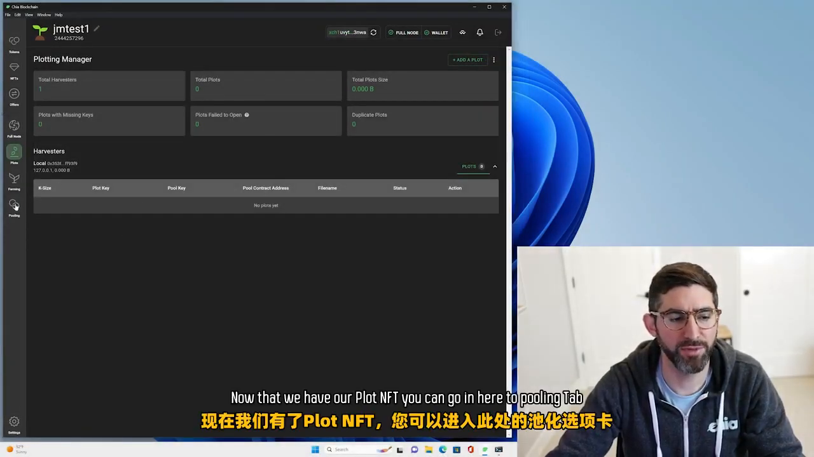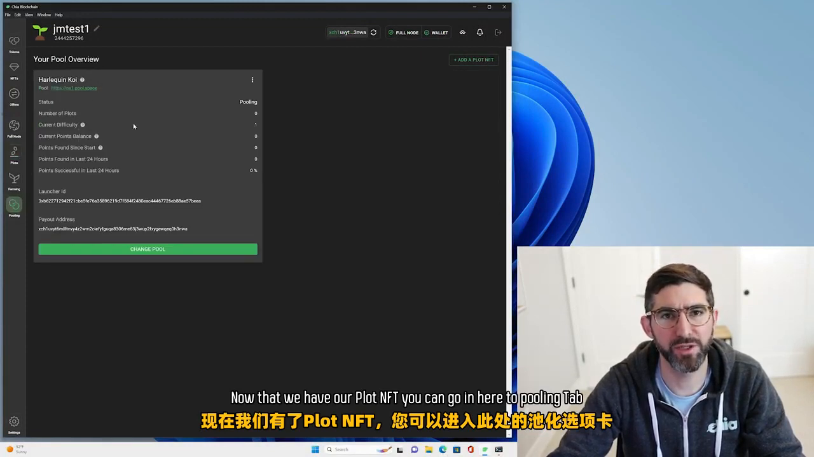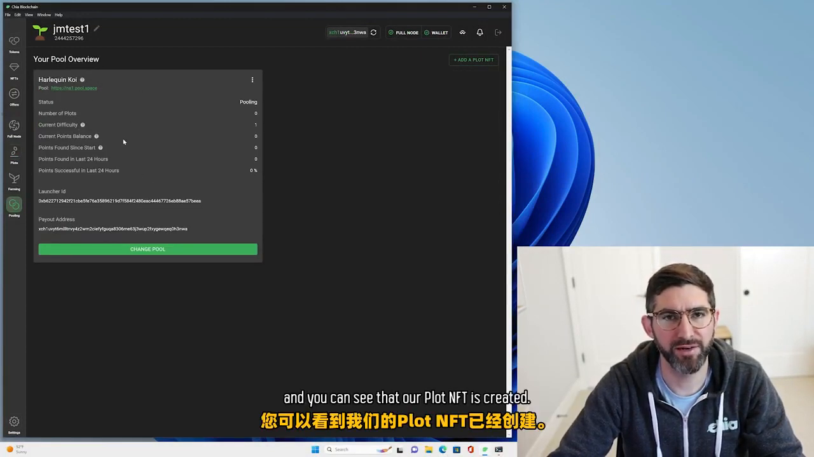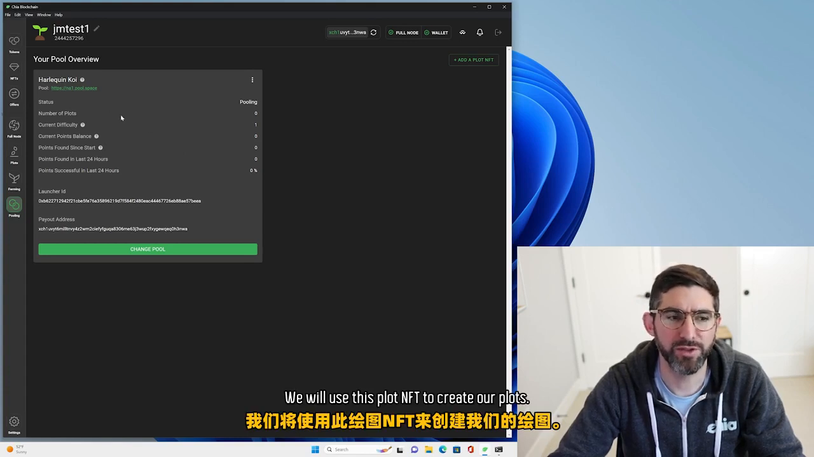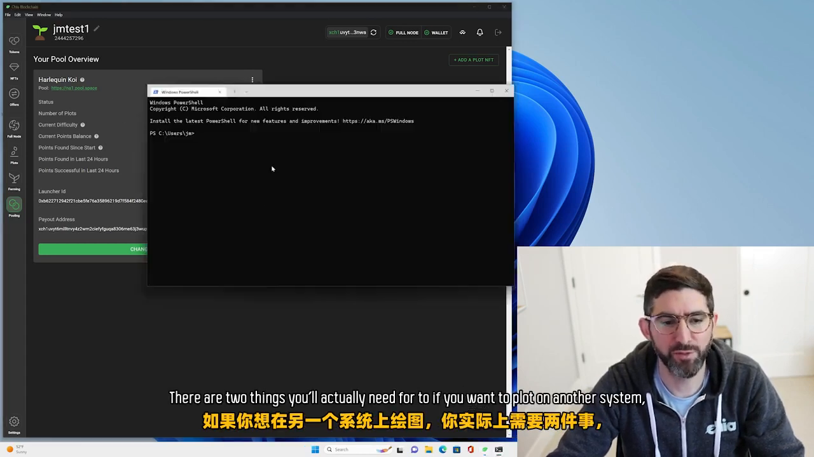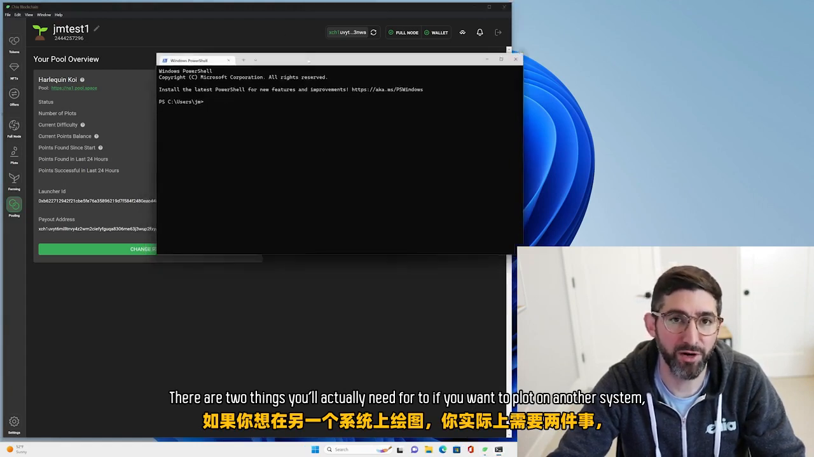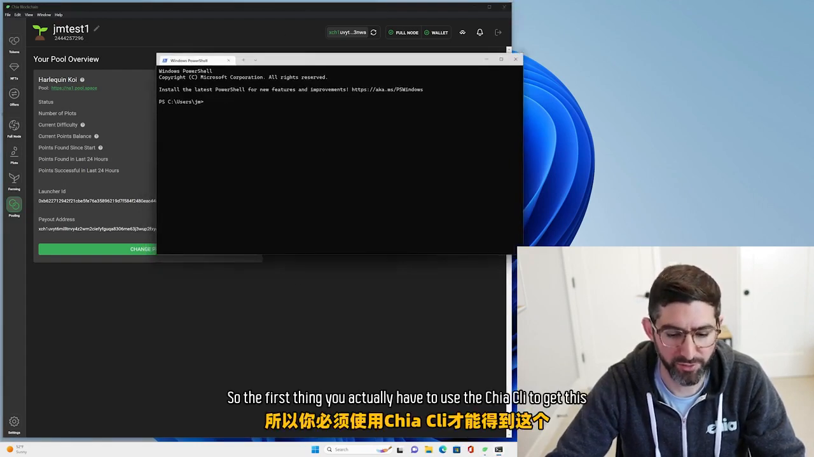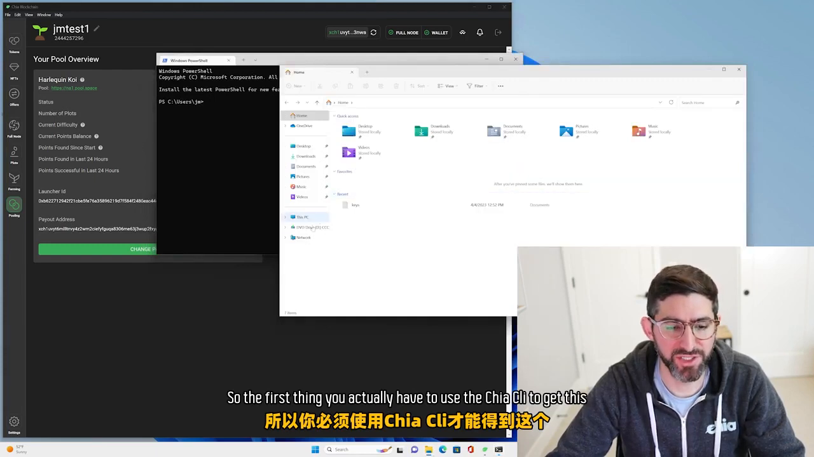Now that we have our plot NFT, you can go in here to the pooling tab, and you can see that our plot NFT is created. We will use this plot NFT to create our plots. There are 2 things you'll actually need if you want to plot on another system, for instance. So the first thing, you actually have to use the Chia